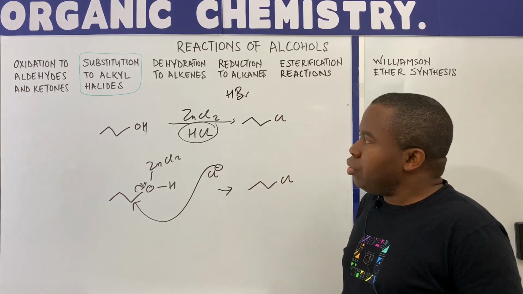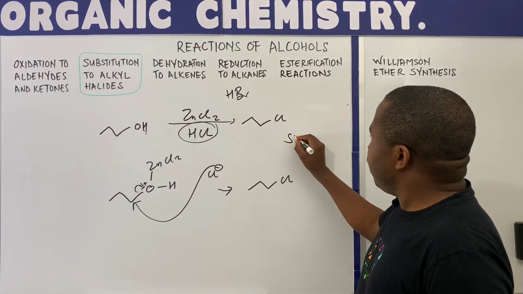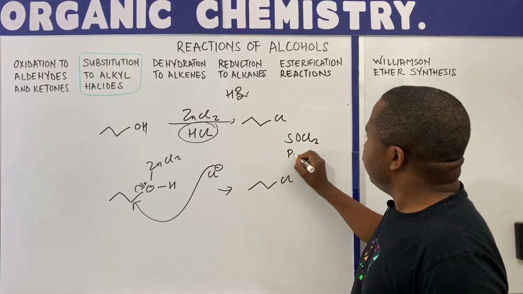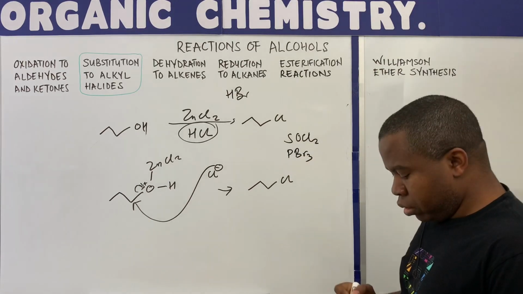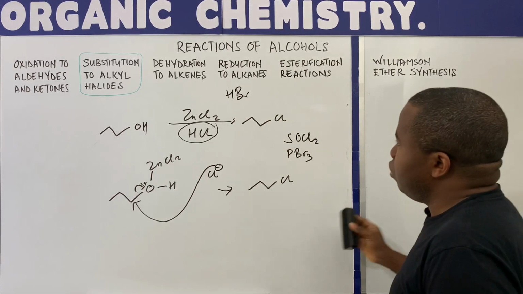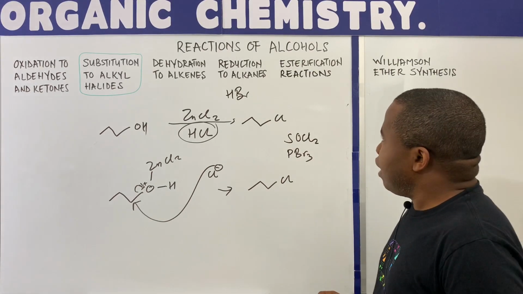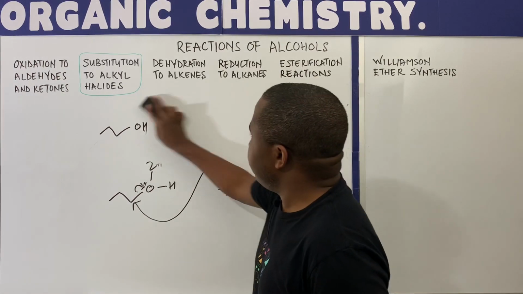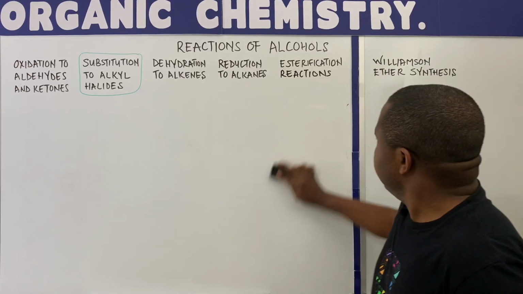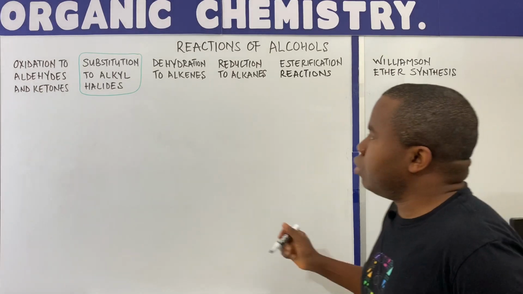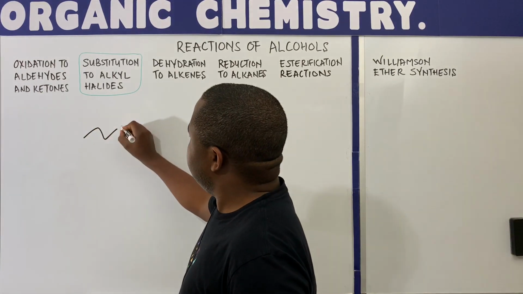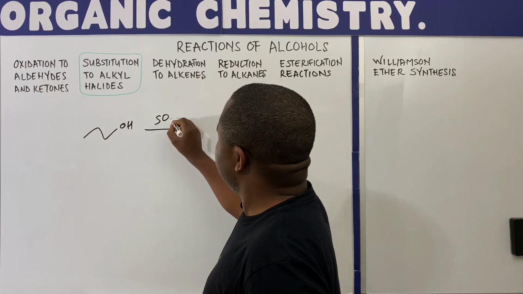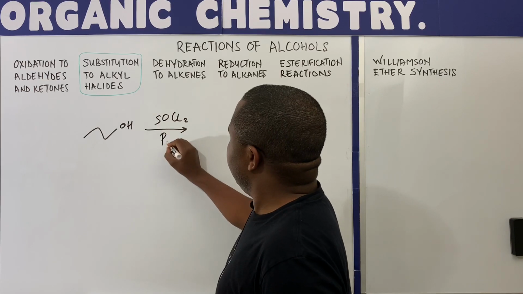We can also use some reagents like thionyl chloride and maybe PBr3, phosphorus tribromide. So we can use these reagents to also make alkyl halides starting from alcohols. So we're going to quickly look at that now. If we start with, let's stick to this propyl alcohol, in the presence of thionyl chloride with pyridine,